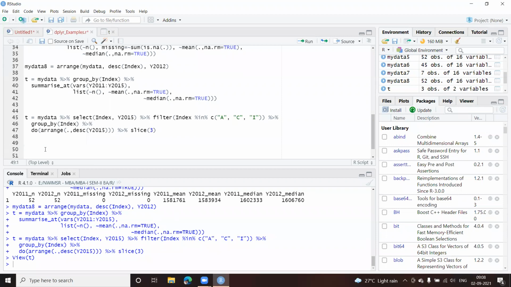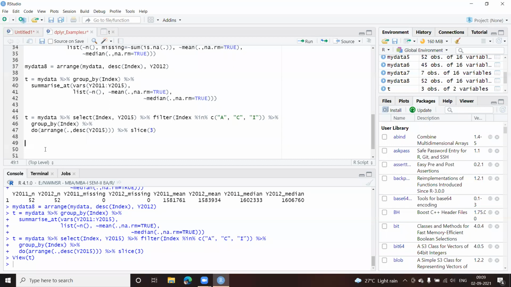The next thing which we would like to do is let us look at some combination of, say, let us do summarize and group by and sort together. Okay, and we'll also use this mutate function because we have already used mutate function. I won't focus much there, but definitely I'll take one example on that.